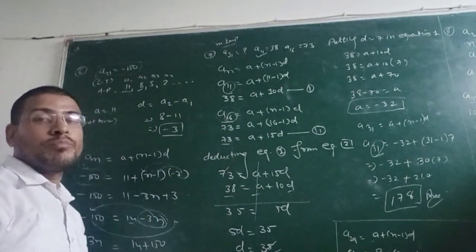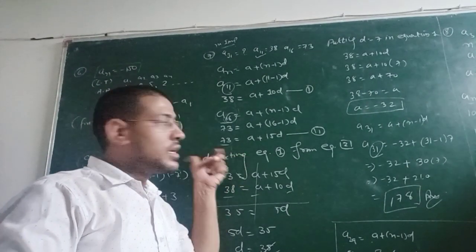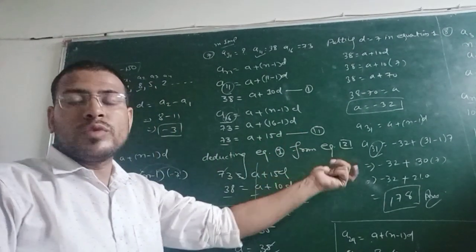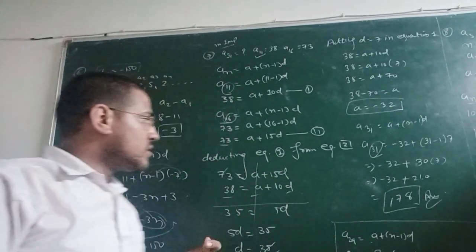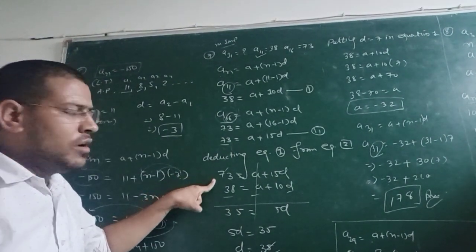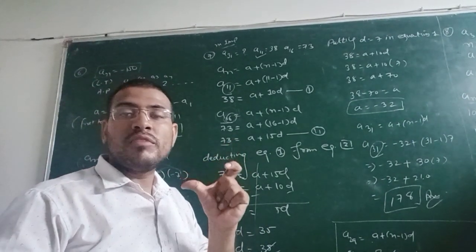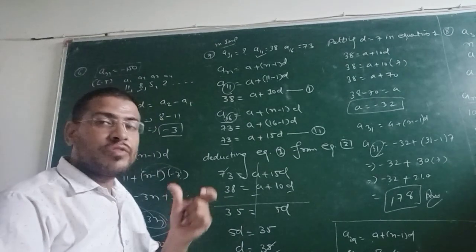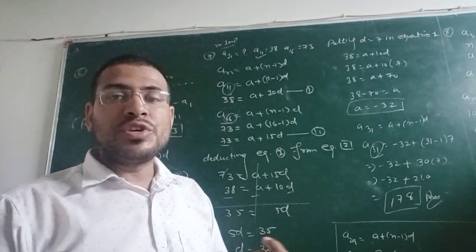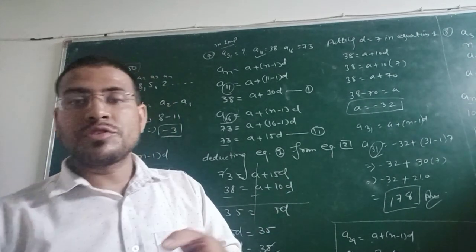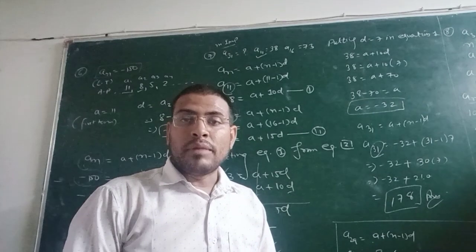Now you have two equations. They both are to be solved by the elimination method, deducting equation 1 from equation 2, as equation 2 is the bigger amount. So from 2 we will deduct the first equation. You can see why we are directly deducting: because both equations have a common value, that is a. If it is not so, suppose in one equation it is 2a and in the other it is 1a, then to make them equal we have to multiply by 2.